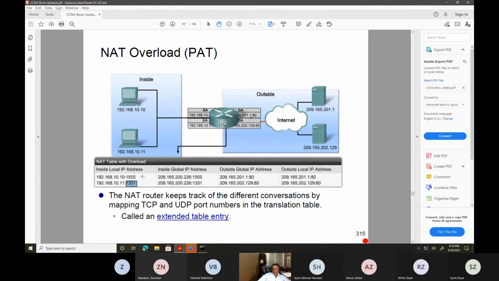So by keeping a map of the whole translation, when the packet goes out and the WAN packet comes in, the router knows this is for which PC on which port number. Now 10.10::1556. This could be another application you're running